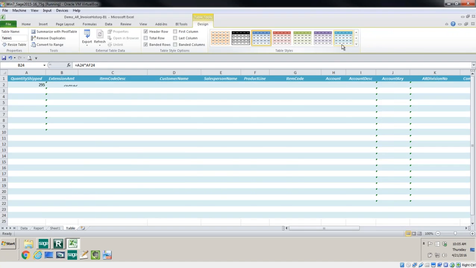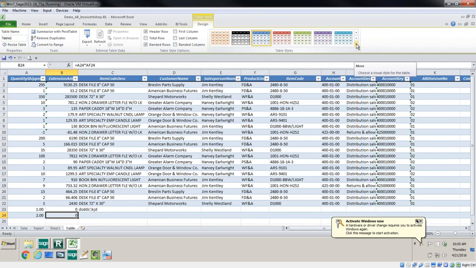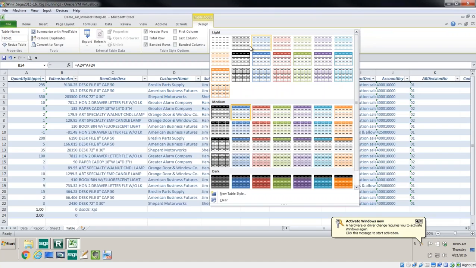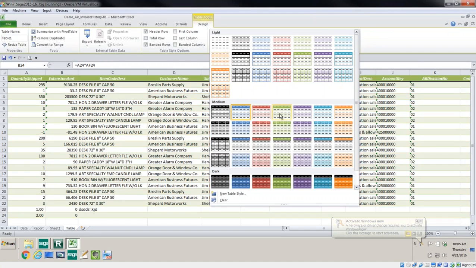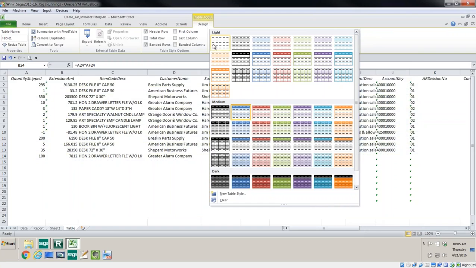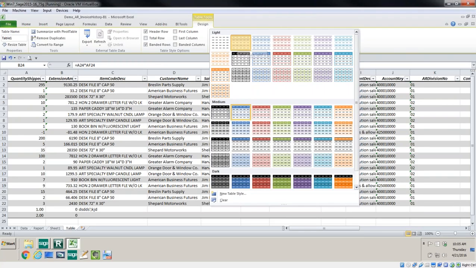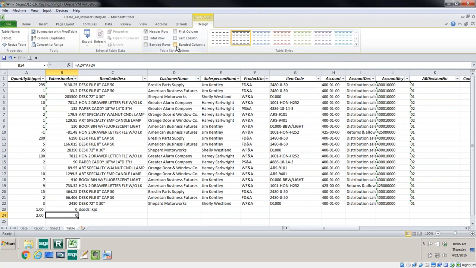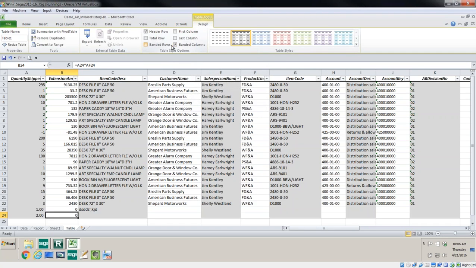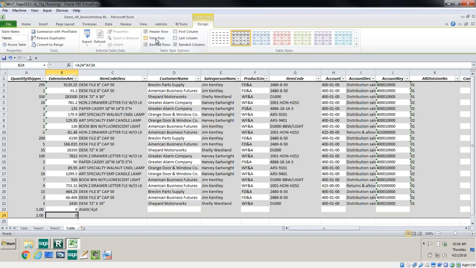It's got these built-in different styles that I can choose, and here's quite a few of them, and I can hover over them and see which ones I like or which ones I don't like and pick a different style that I want. I can also take the banding of rows off if I don't like that. I can put banded columns. I can combine them. I can decide if I want a total row,